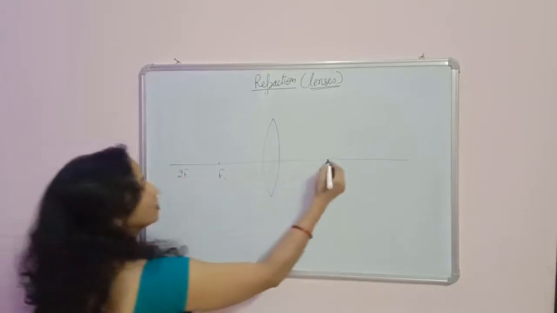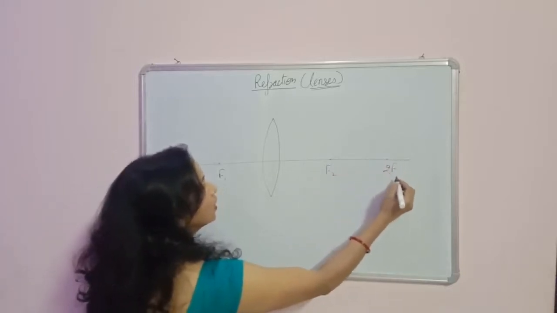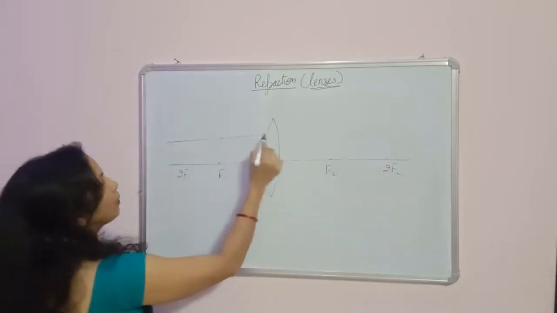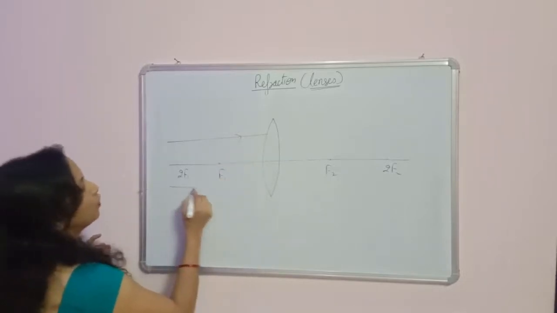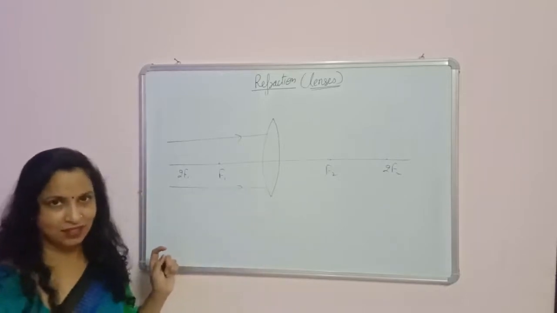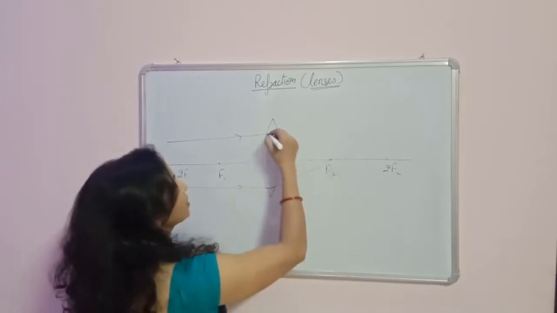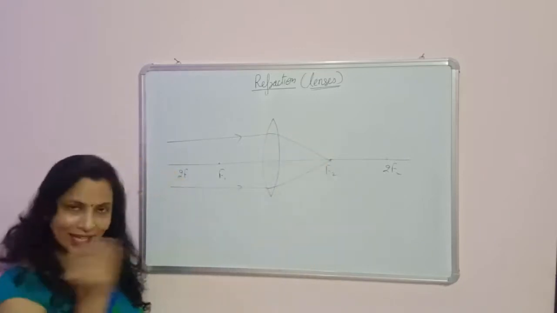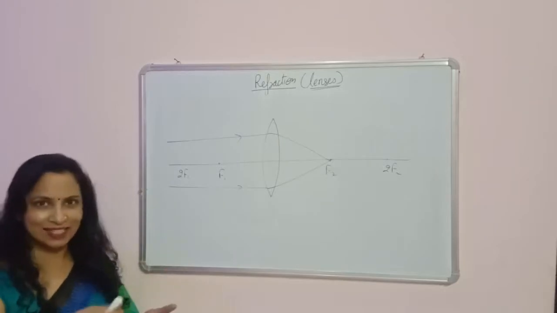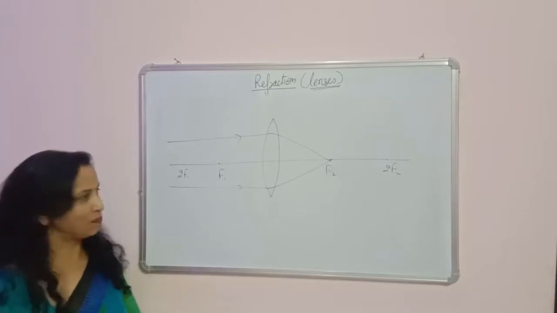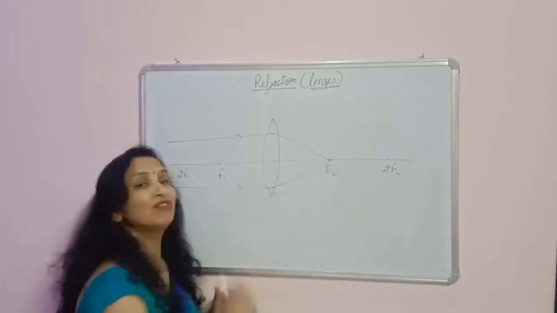Again we have to write F1 and F2. The light which is coming from infinity will be parallel to each other. So we form the image like this. The rays which are coming parallel to each other will meet at the focus like this. This actually happens when we converge the light coming from the sun using a hand lens, or we say a magnifying lens. So the rays coming from infinity meet at the focus.